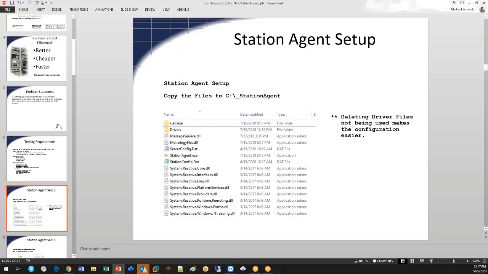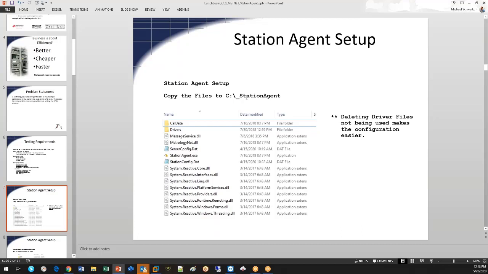So one of the advantages you have with a .NET application is you don't have to do a full-blown install. All you have to do is copy in your files. Now that does come with a consequence on some of the stations where IT says we're not going to allow just copied DLLs to run. So you'll have to go through and individually add the DLLs and allow them to be executable. But once you get that done, you're set. You can simply grab your station agent files and just copy them into a directory. And we prefer people to put everything in the